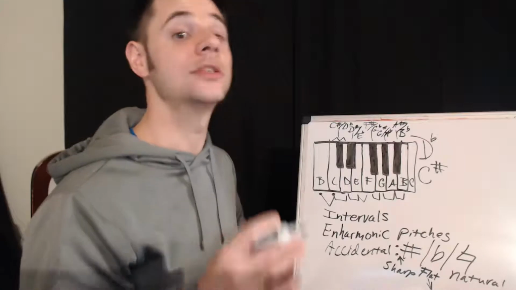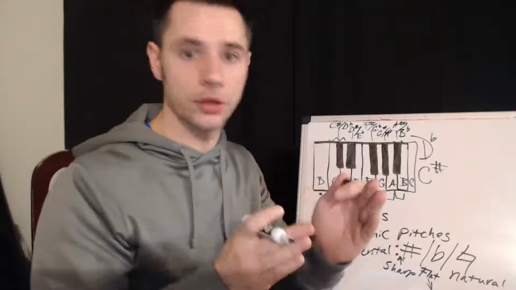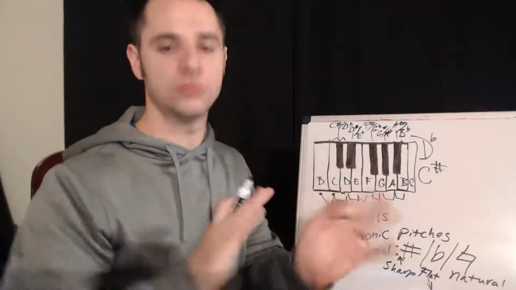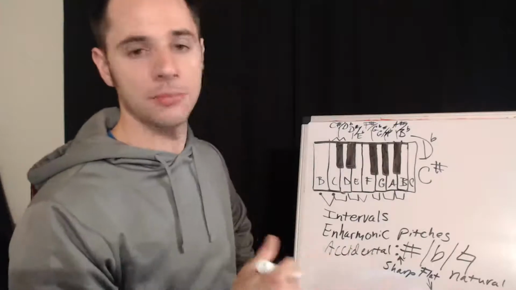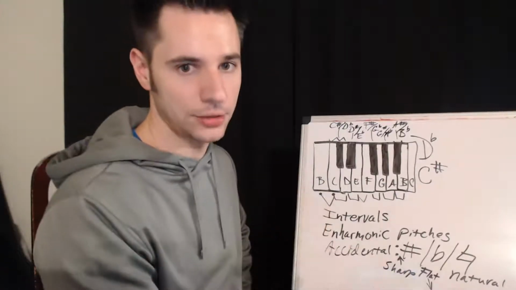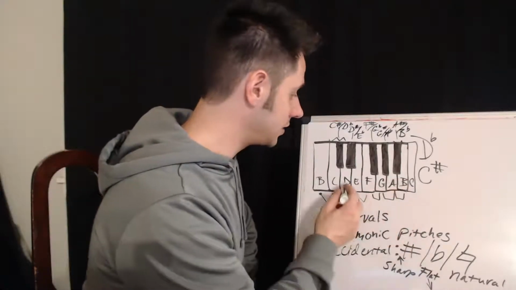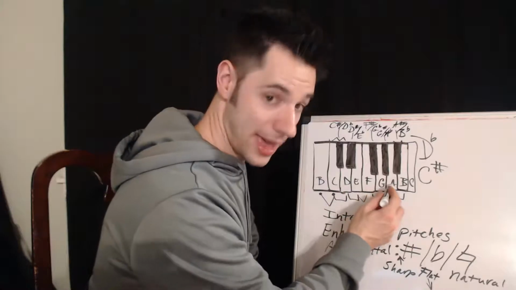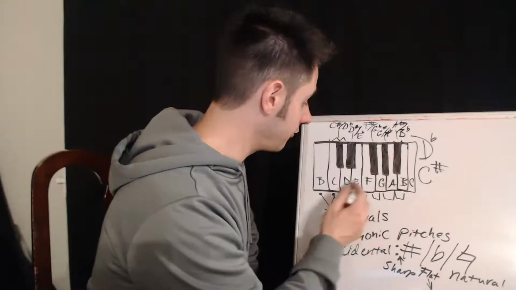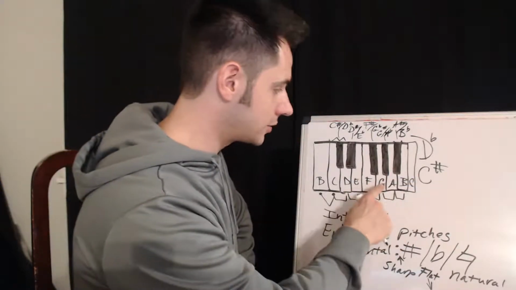Octave means 8th note. Well, okay, not in rhythm 8th note. Let me separate that. There are 8th notes in rhythm. This is not the same concept, okay? So just push that aside. Basically, it means a scale or a pattern of letters that adds up to 8, okay? So again, if we start at A, B, C, D, E, F, G, A, 1, 2, 3, 4, 5, 6, 7, 8. Okay, now, that's not an octave when you do it like this,